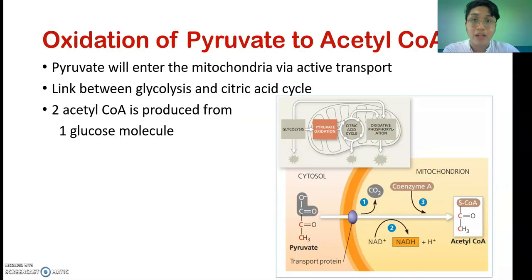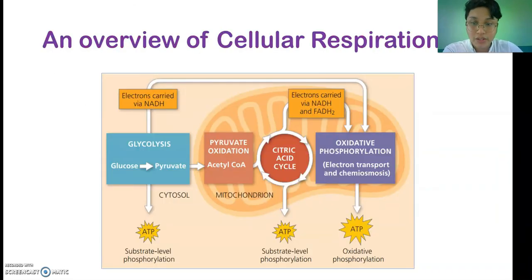So may na-yield ba tayong ATP sa oxidation ng pyruvate? Wala. So what we have yielded is just the 1 mole of NADH for 1 pyruvate molecule. Kung dalawang pyruvate molecule galing sa isang glucose, so that would be 2 also. 2 NADH for the oxidation of pyruvate to acetyl-CoA. Now we're done with your glycolysis and the pyruvate oxidation. Let's now turn our attention to your citric acid cycle and oxidative phosphorylation on the next video.